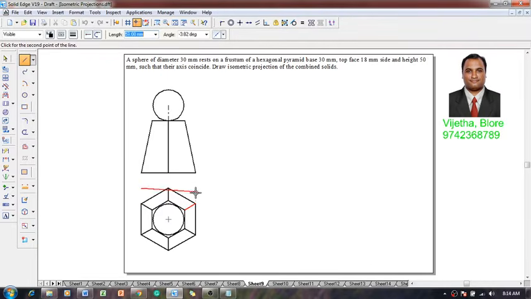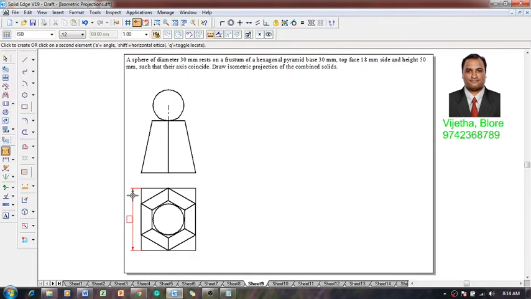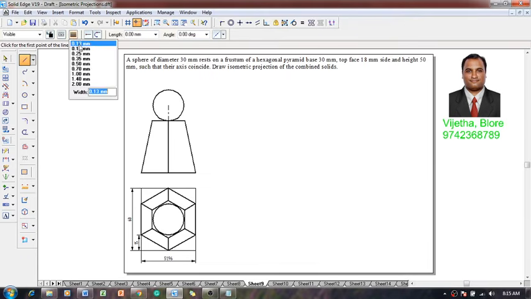I am going to enclose this hexagon with respect to its extremities like this, and then we get a rectangle, and we are going to measure the size of the rectangle, and then one more dimension which is most important, which we have taken here. Now let me show you how to construct the rectangle first, followed by the hexagonal base, and then converting this base into a frustum of a pyramid. The detailed videos we have already shared in the previous video sessions of the basics, so let me go a little bit faster.